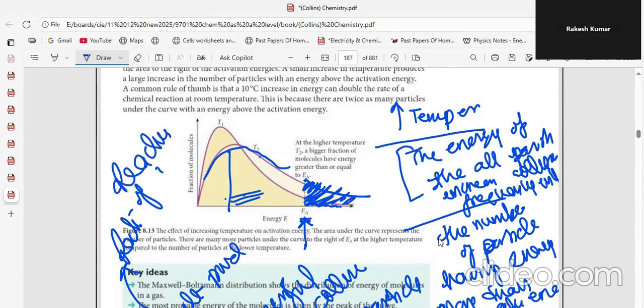So let me see what they have written. Let me see what